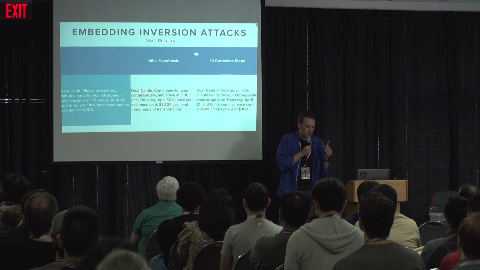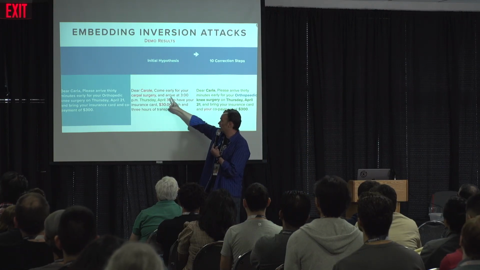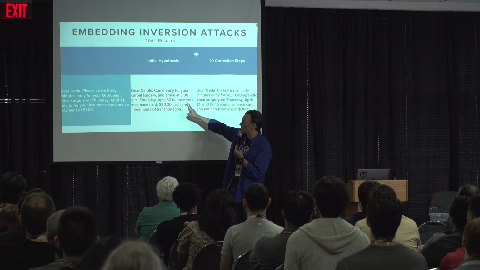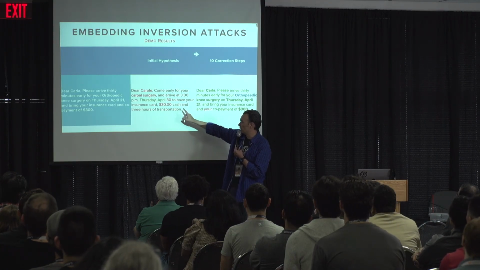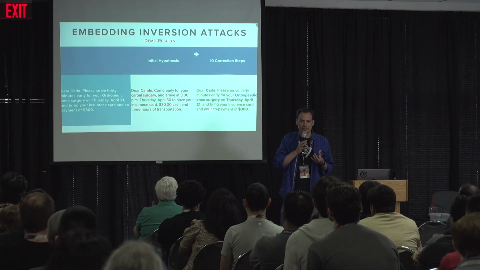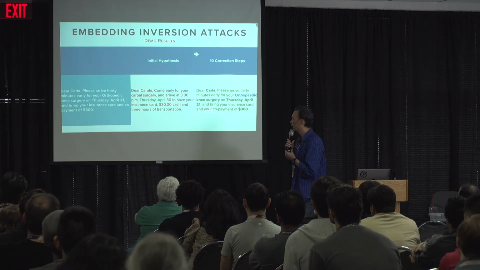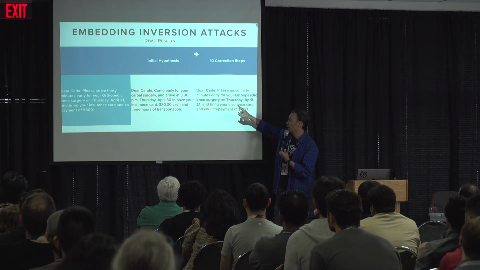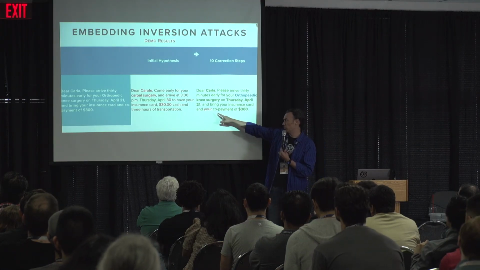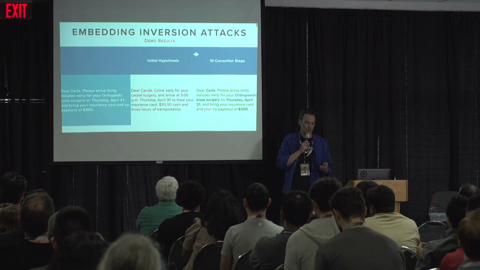The initial hypothesis came back, "Dear Carol," which is not quite right. "Come early for your carpal surgery," not quite right. "Arrive at some time and date. Have your insurance card, some amount of money, and 3 hours of transportation," which is sort of senseless. But it got the gist of what type of message it was. It got the gist even of the structure for the most part, right? With the correction steps, though, it got absolutely everything. It spelled orthopedic in the British way, and it added this weird "your" to maybe make the grammar better or something, but 100% knocked it out of the park.